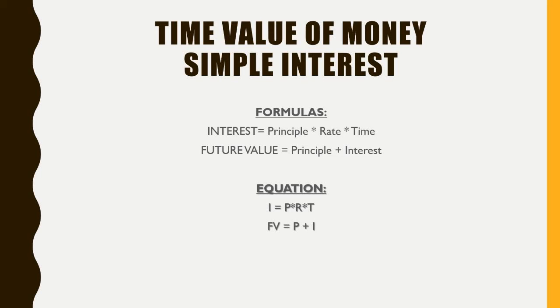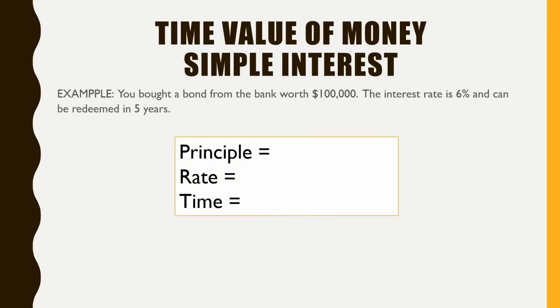And your future value, that's what FV stands for, is what you're going to determine: your principal, which is your original investment, plus the interest that you've accrued. What is your total amount that you're going to be looking forward to in the future? Okay? So let's go ahead and do a little simple